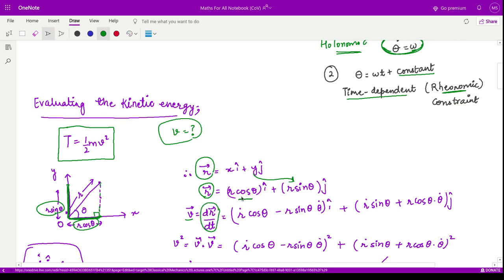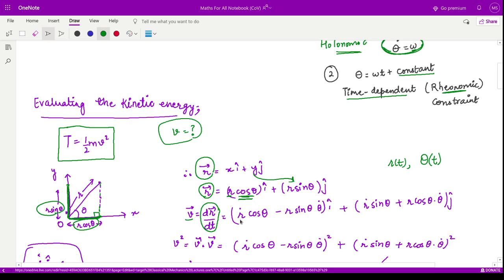So here in the first term, because r is a function of t, and because r is changing with respect to time, the bead can move up and down this rod. And theta is also changing because the rod is continuously moving in a circular path like this. So this is also dependent upon time. So we have to apply the product rule to take the derivative.